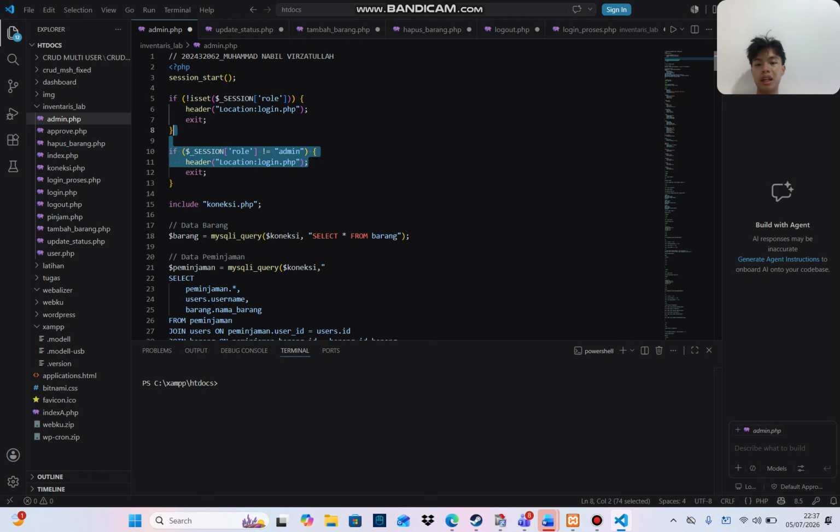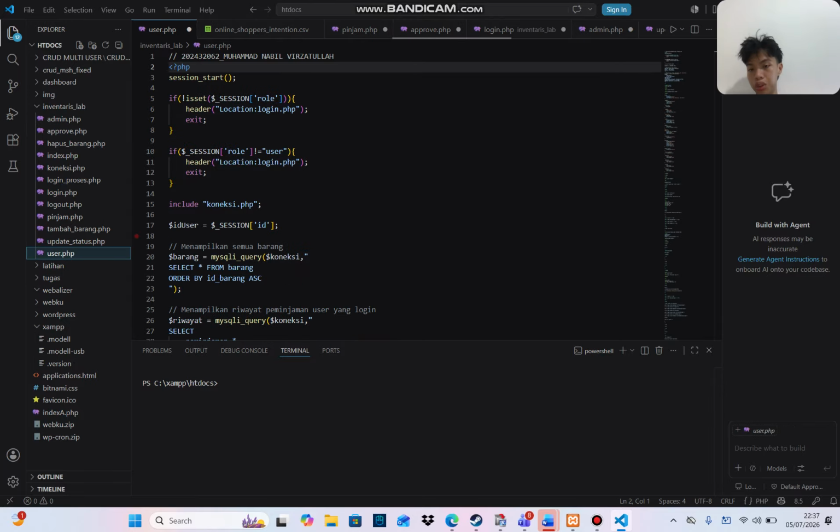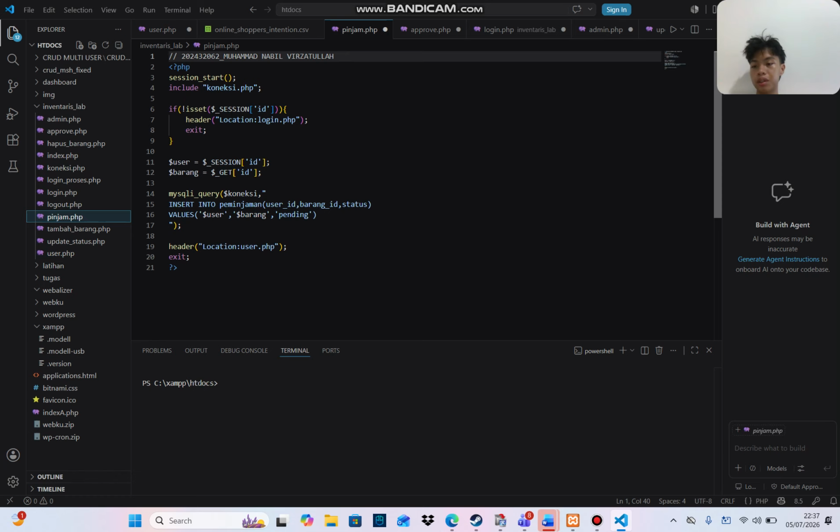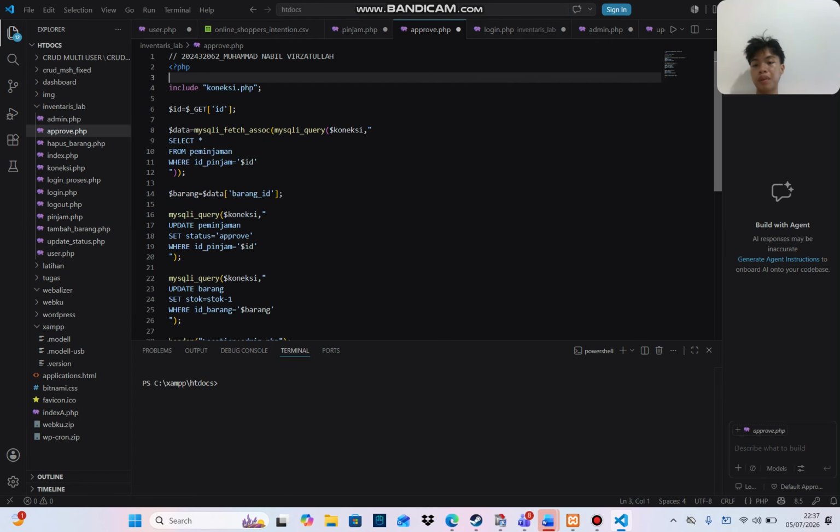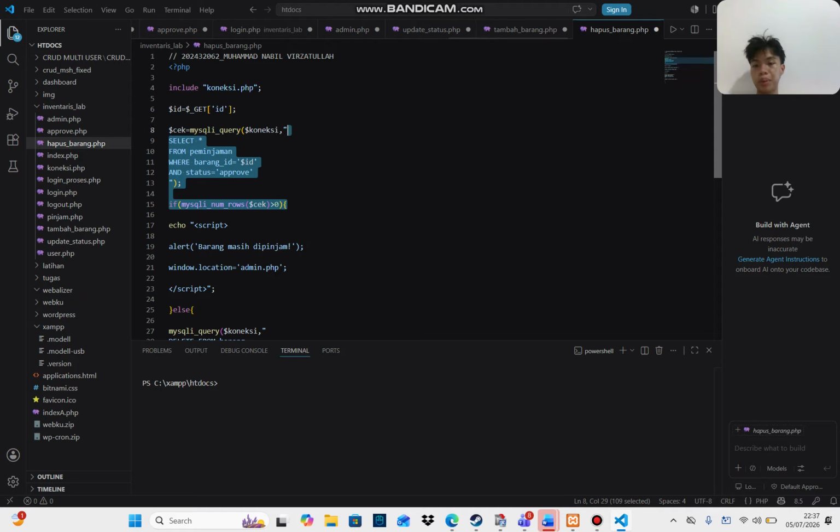The admin can edit everything on the dashboard and add items, and the users can only borrow and check a status, whether it is pending, accepted, or delayed. This pinjam file is for borrowing, connected to koneksi PHP. Approve is used when the admin wants to approve a borrowing. Update status, and we have so many programs in here.